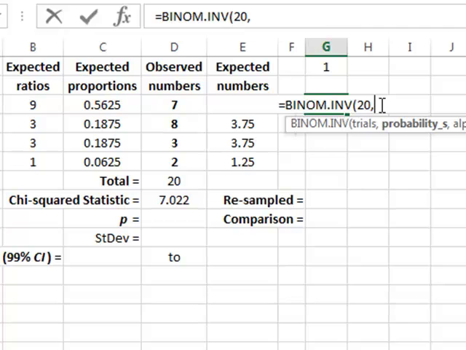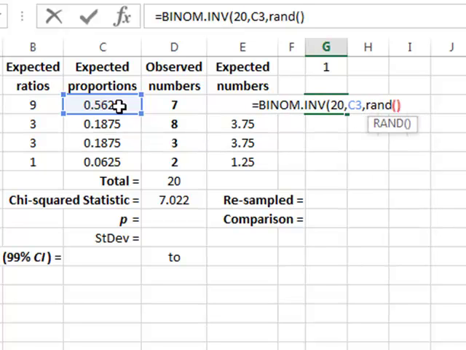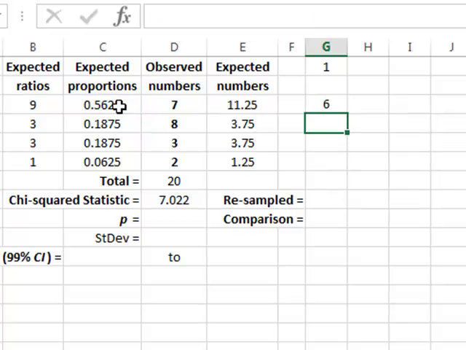The probability for this first category is the expected proportion in C3, and we wish to make a random selection based on this probability, so we will use the random function in Excel, giving in this case a random selection of 6,